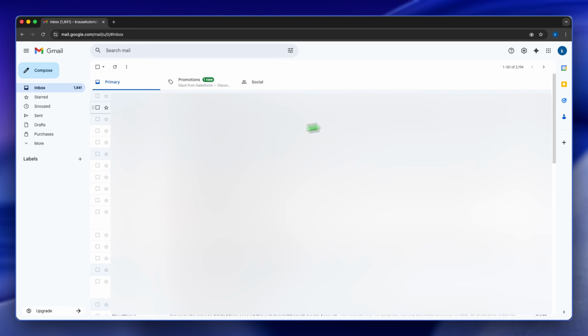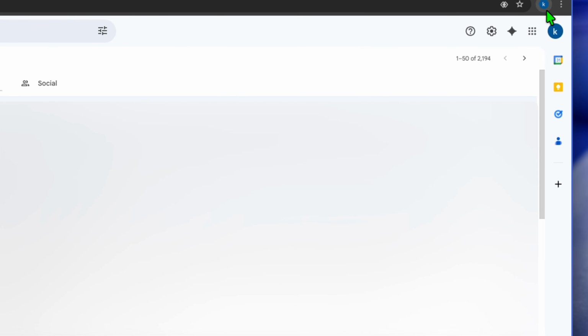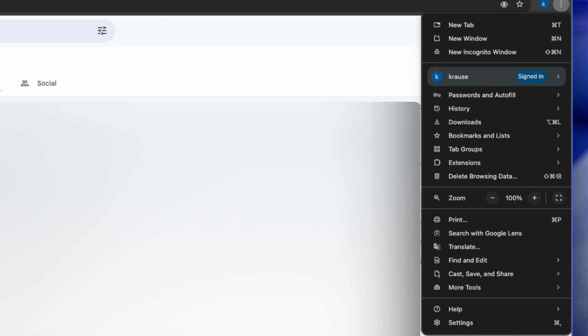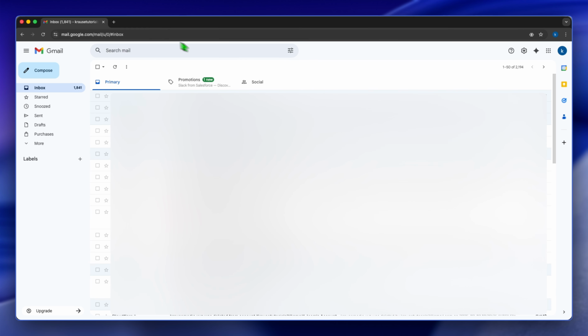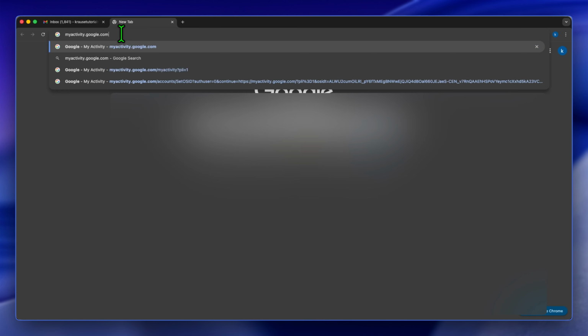Now, first thing I want you to do is ensure that you're logged into your Gmail account on your Chrome profile. So Google Chrome, make sure that you're logged into your Gmail account here. Then once that's done, you're going to come to a new tab and you're going to go to